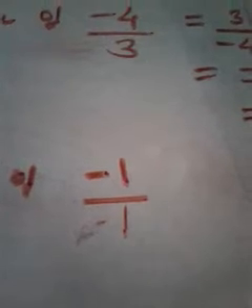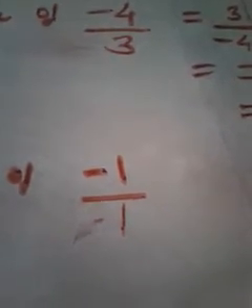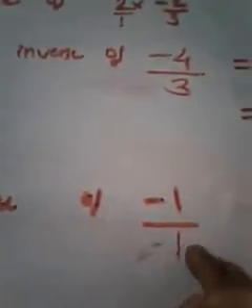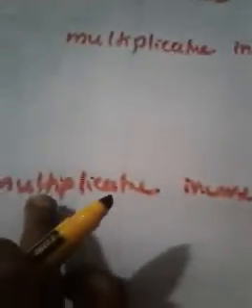When there is a numerator and denominator, it is very easy to take the reciprocal. Isn't it? Suppose 1 by 2, which is the reciprocal of 1 by 2? 2 by 1. It is very easy, no? If the numerator and denominator exist, it is very easy to take the reciprocal. That's why if there is no denominator, I am giving the denominator as 1. So the question was multiplicative inverse of minus 1. I changed the question as multiplicative inverse of minus 1 by 1.